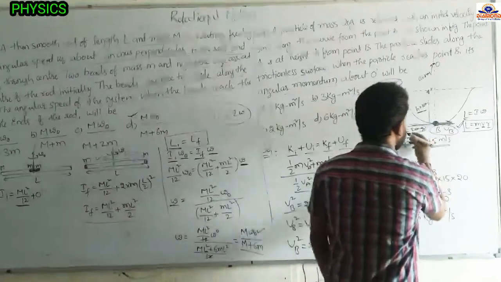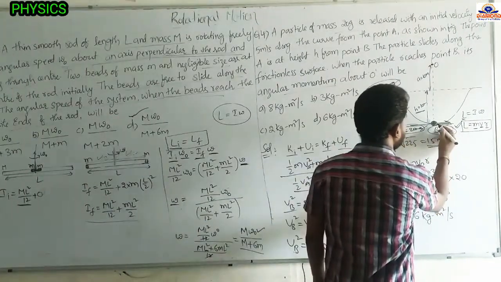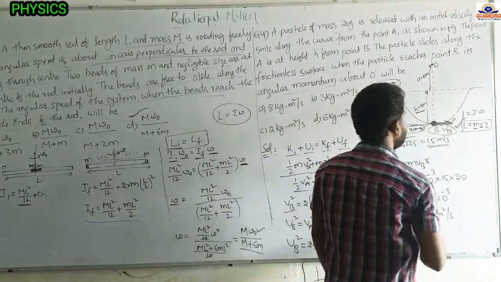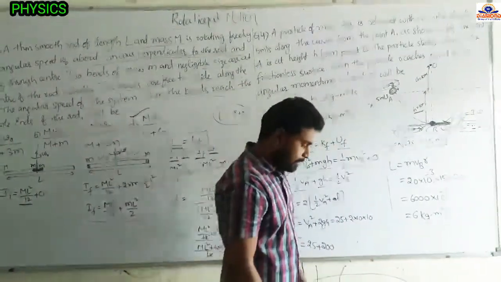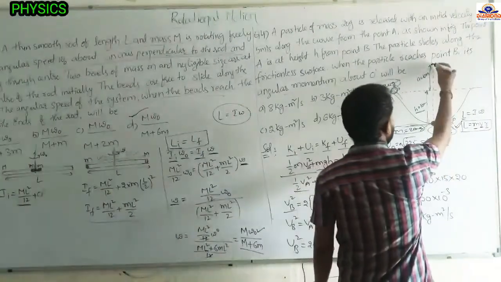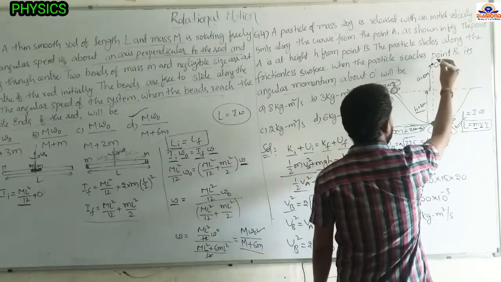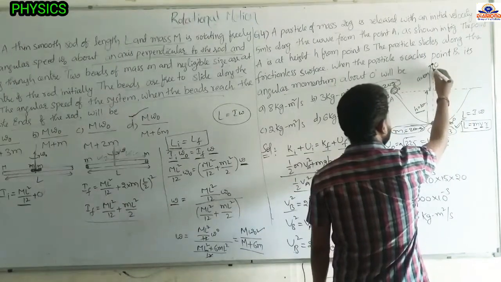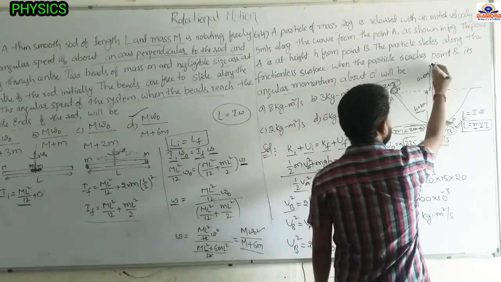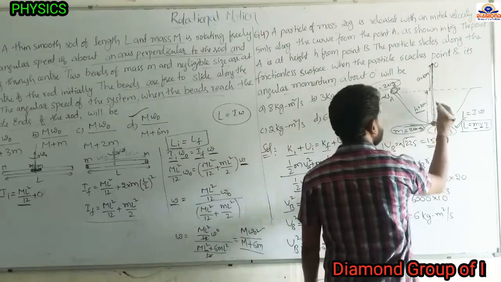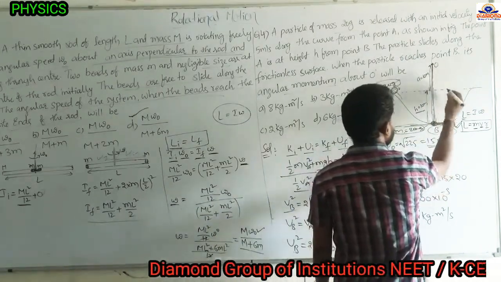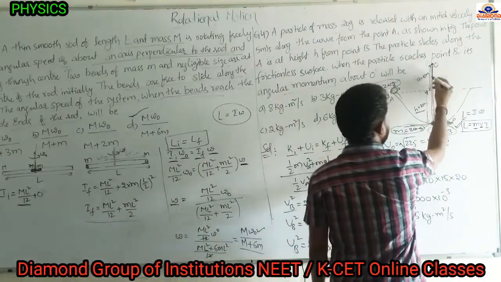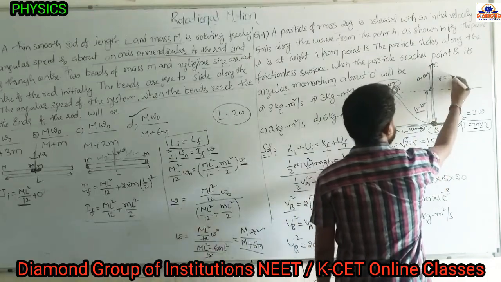Now the mass and velocity of this particle at point B is in this direction. So here the linear momentum P equals m into v in this direction. So now with respect to this axis we have to find the angular momentum. So angular momentum equals the linear momentum into the perpendicular distance between the linear momentum and axis of rotation. This distance we have to consider. How much is this distance? From here to here 10, from here to here 10, so 20 meters.